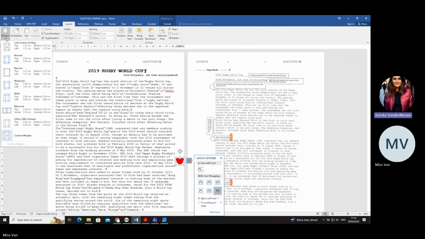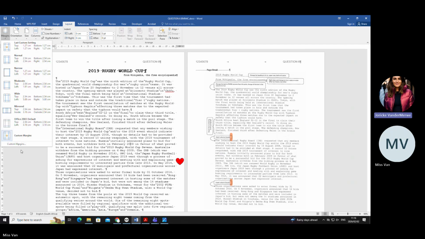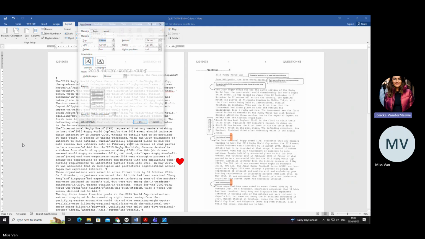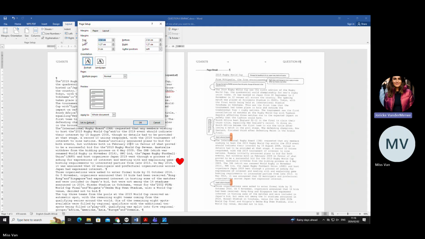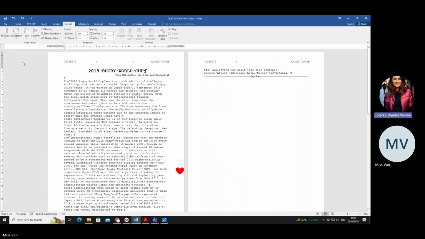Layout, margins. Now, let's say the examiner didn't give one of these set out to already be done, defaulted. What must you do? You must go to margins, you must press custom margins, and then you must read what each of them are. Must you change the bottom to a specific one, etc.? Are you with me? But for this case, you were lucky. You could have chosen the normal and Bob's your uncle.